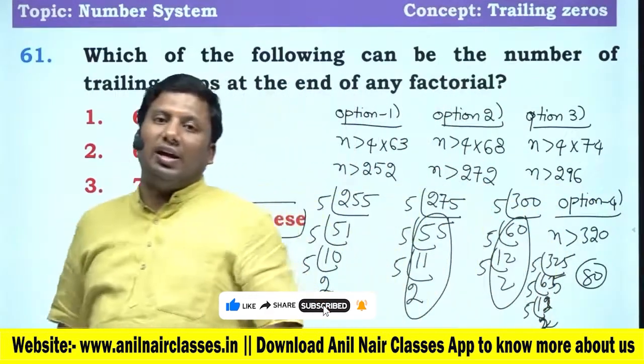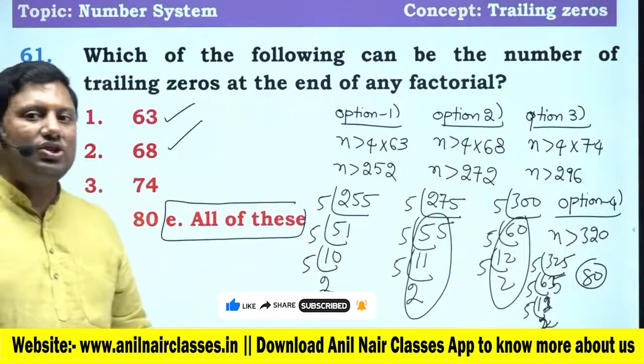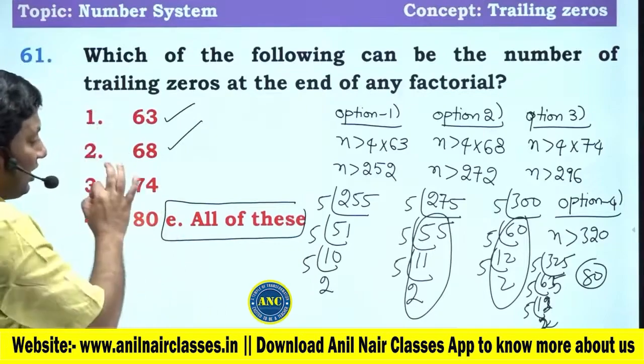If N factorial ends with x zeros, then the relationship between n and x is n is greater than